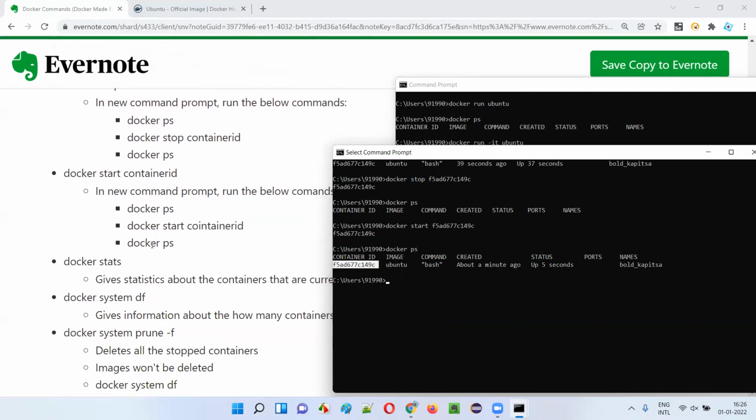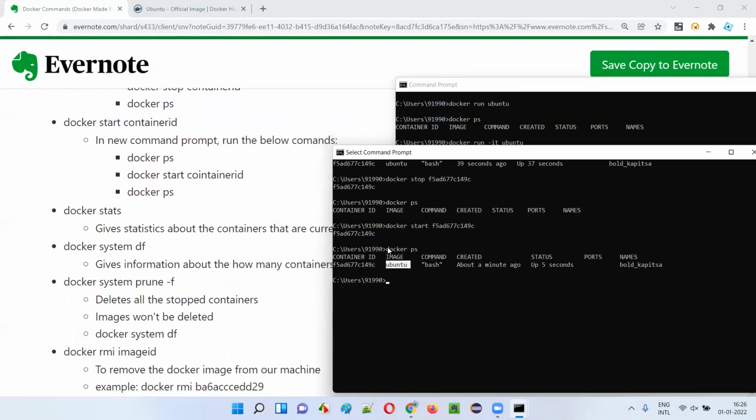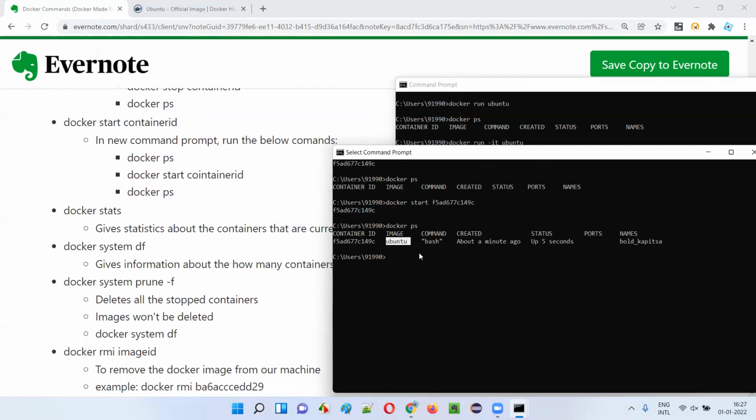Docker container is running. A Docker container is a lightweight virtual machine kind of thing, right? It is a lightweight container which has the Ubuntu operating system available. So that's what this is. Using the Docker image of Ubuntu, we created a Docker container having the Ubuntu operating system, a lightweight machine, you can say, virtual machine kind of thing. Fine, so I started it, guys.